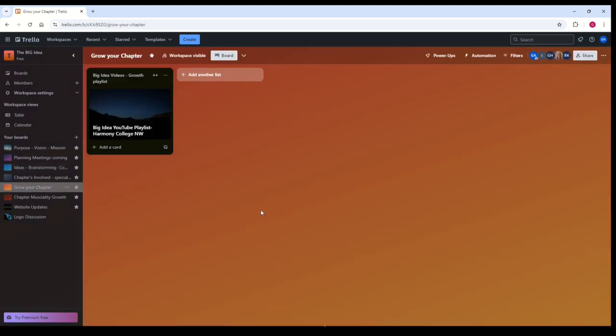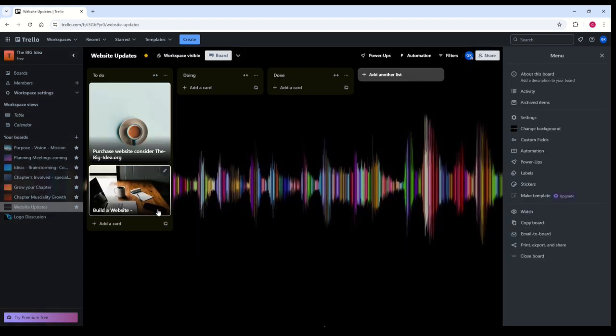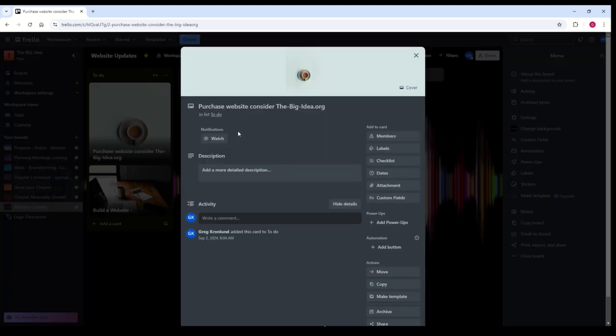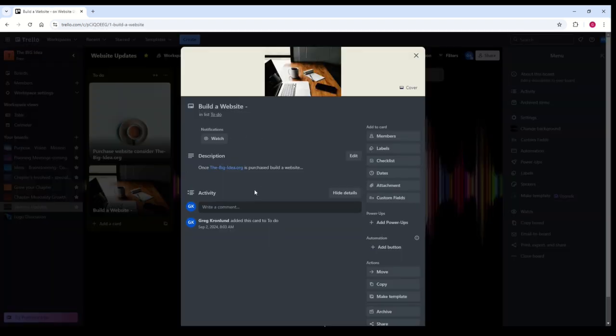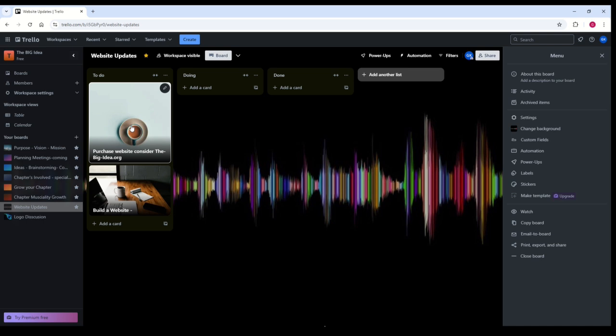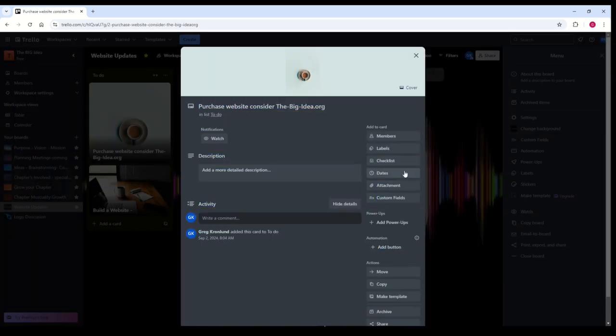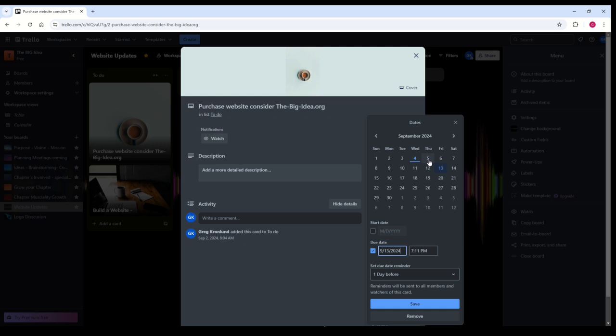And I have one in here. I went ahead and put one in for website updates, and this is basically a purchase website to consider the bigidea.org that I put in there, and then this is basically saying once we purchase it, we need to build it. But if I had dates in this, and if I said we're starting it on